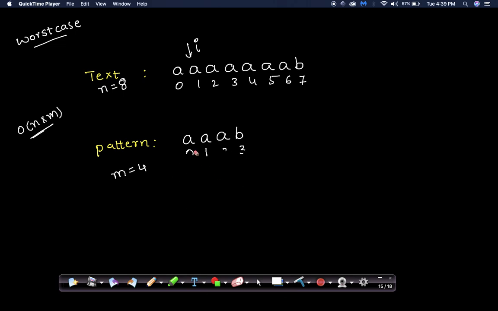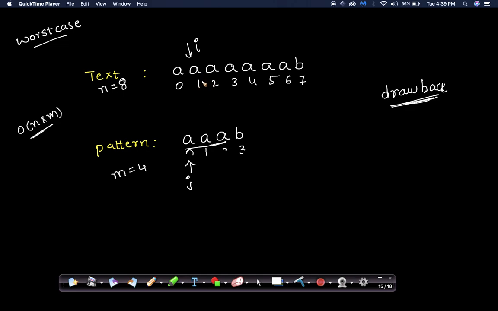What is the drawback here? We are comparing again and again, right? We have seen there are 3 A's present in the text and 3 A's in the pattern, still we are going back to the previous indices. We have traversed 3 characters, we have seen some characters matched with the actual text, but there is a mismatch of a single character, and we go back to the starting position again. That is the main drawback of this brute force approach.